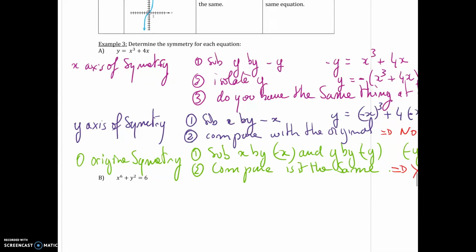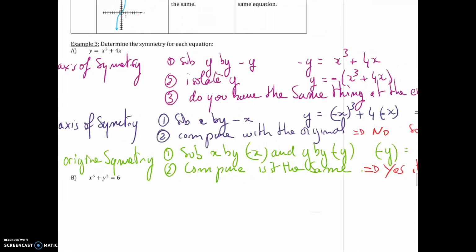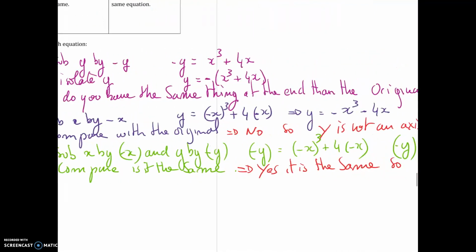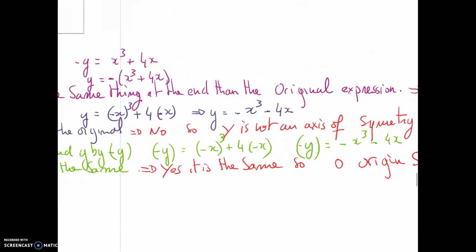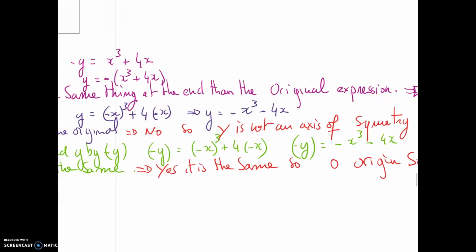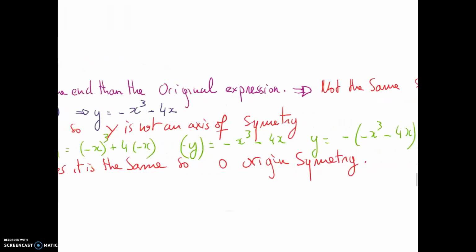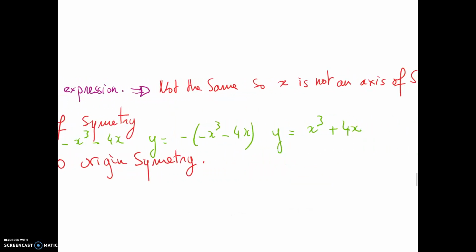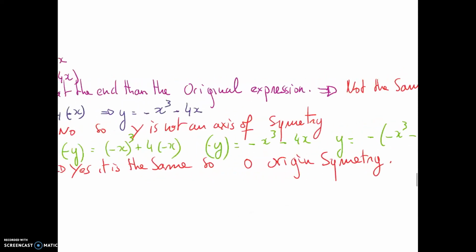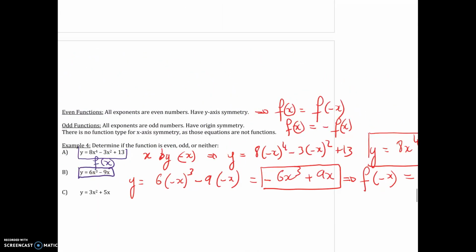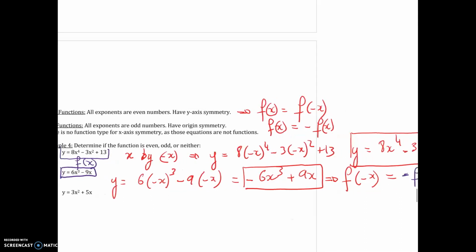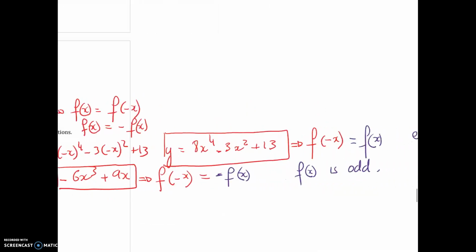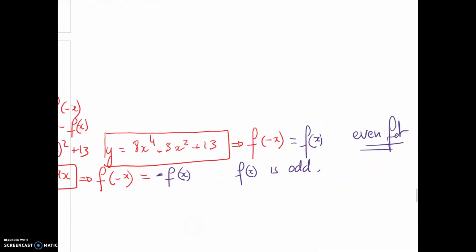It is the same idea for making sure that O is the origin of symmetry. You sub x by negative x and y by negative y this time. And when you compare both at the end, you will end up saying that yes, you do have the same thing, and so at the end of the day, I end up with y equal x cubed plus 4x, and so O is the origin of symmetry. So to define if a function is odd or even, substitute x by negative x. If you find exactly the same thing at the end, that means your function is even. That is the case for the example number